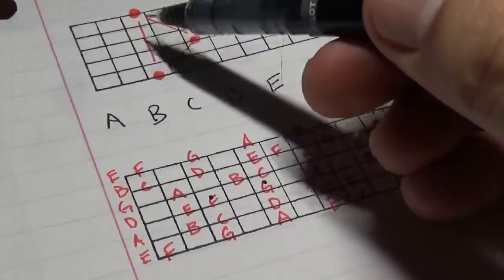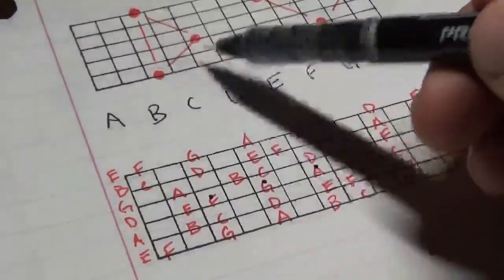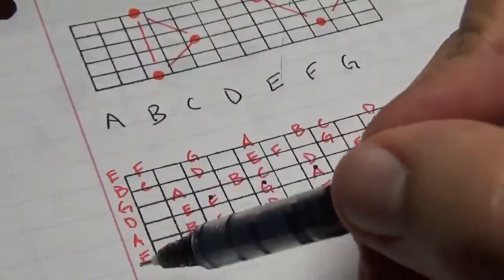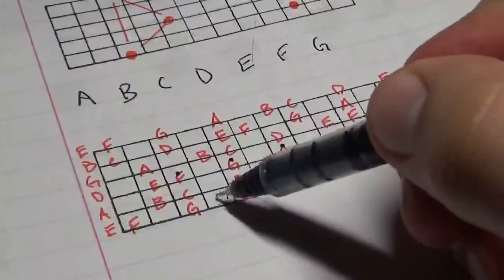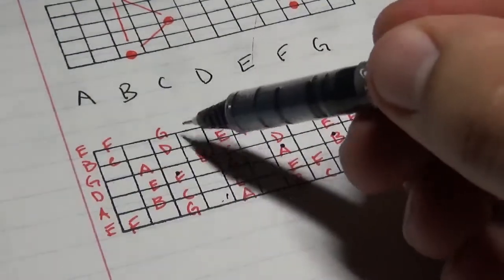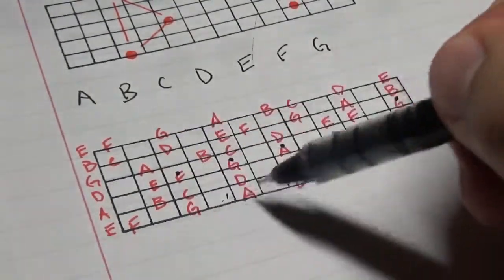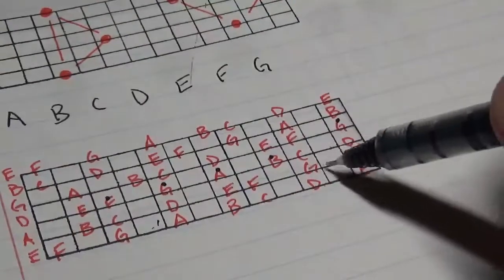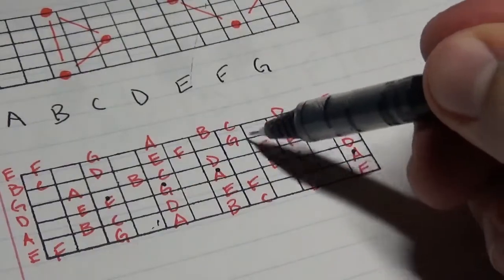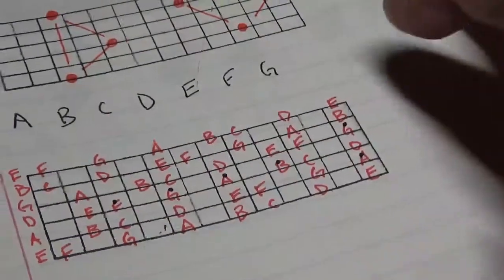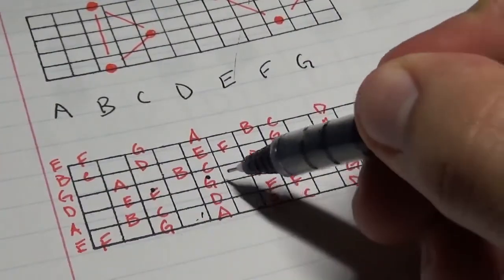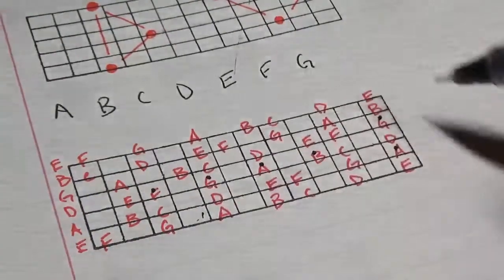So in other words, now practicing all your sharps on here, using this octave system, and your flats, you've basically unlocked all the notes on the fretboard. If I'm playing a G sharp right here, here's a G sharp, there's another G sharp, so octave G sharp. Here's the other octave of G sharp. It's that same pattern, right? Here's a G sharp on the 13th fret on the G string, and here's a G sharp on the 9th fret on the B string. So there's all my G sharps. Here's my A flat. It's the same note, so here's A flat, A flat, A flat, here's A flat,